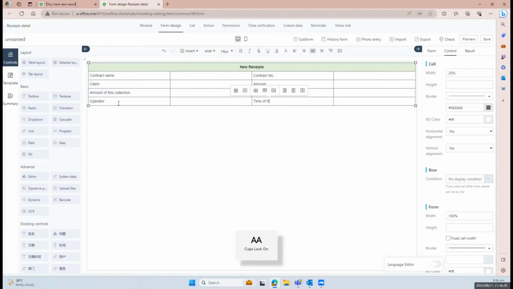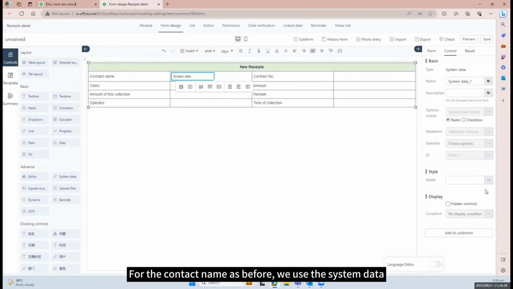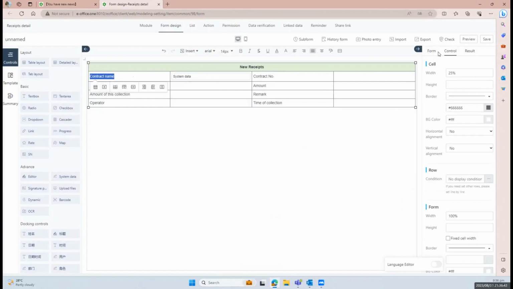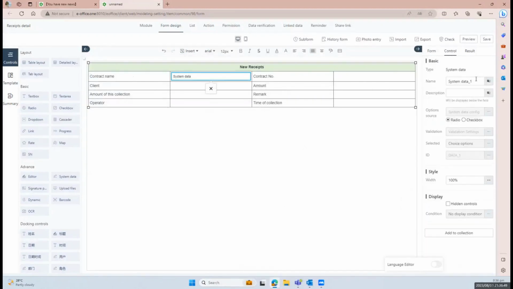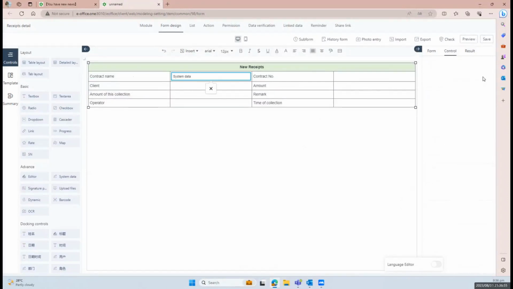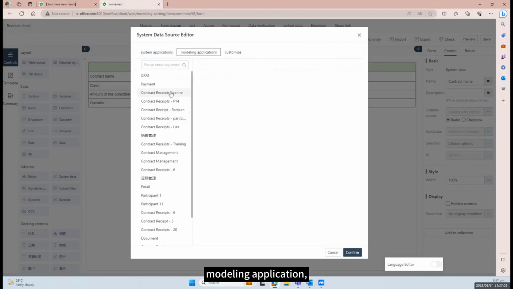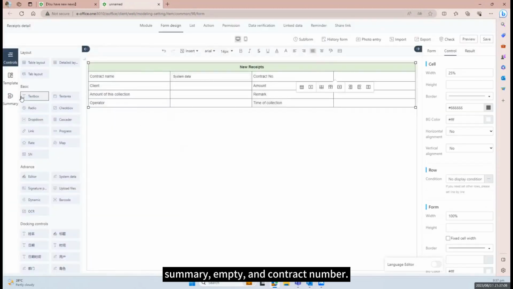Now, for the contract name, as before, we use the system data. Let's quickly add the control for each field. Sorry, this is a form name. Select the following application, contract recipes training, summary, empty. And contract number,